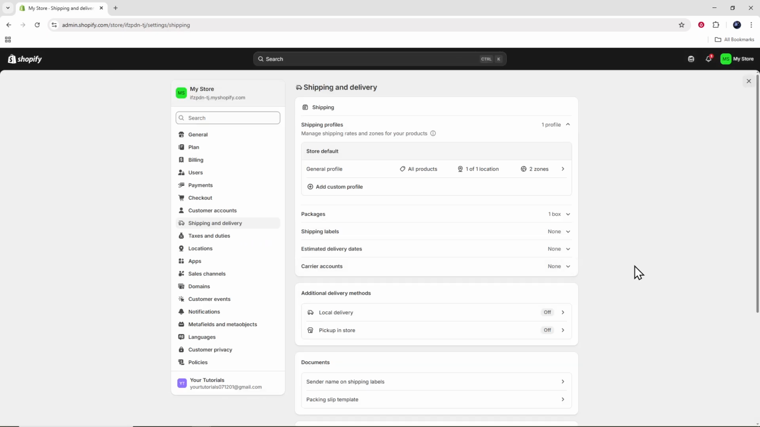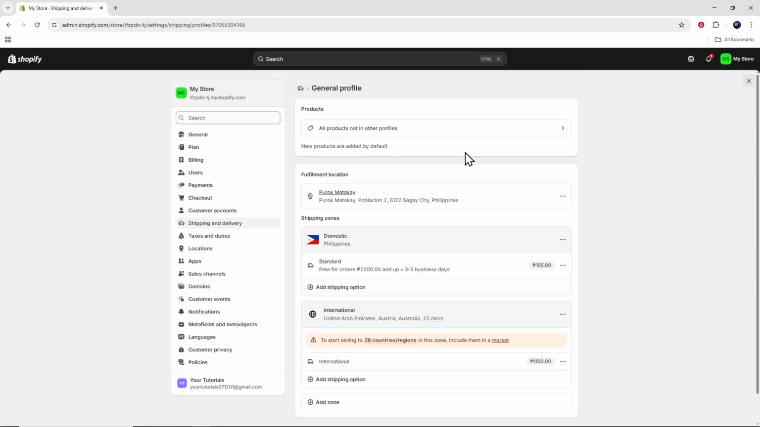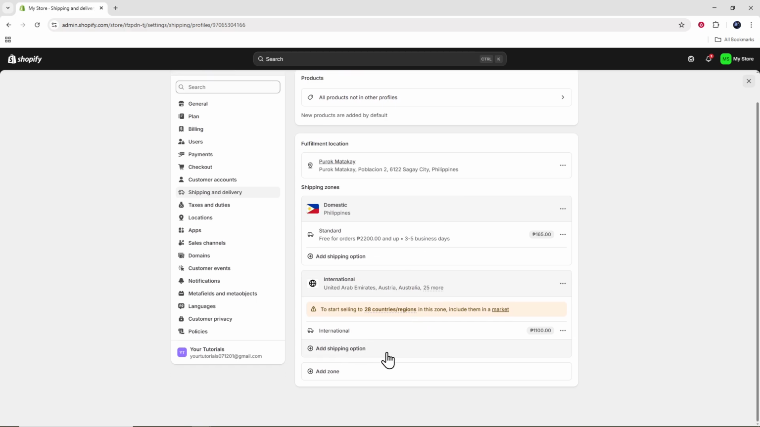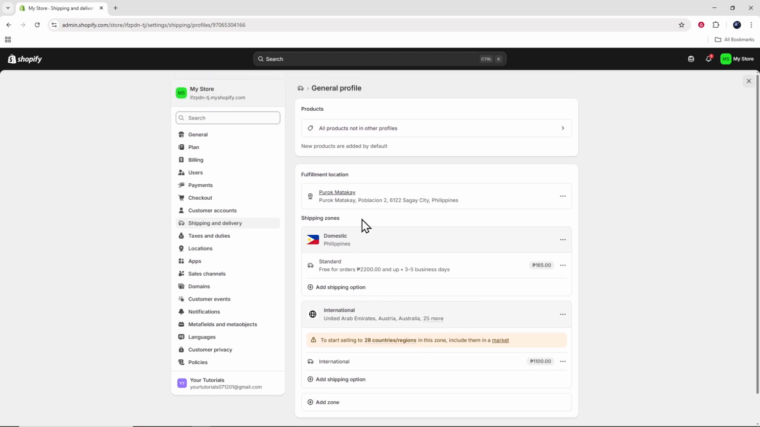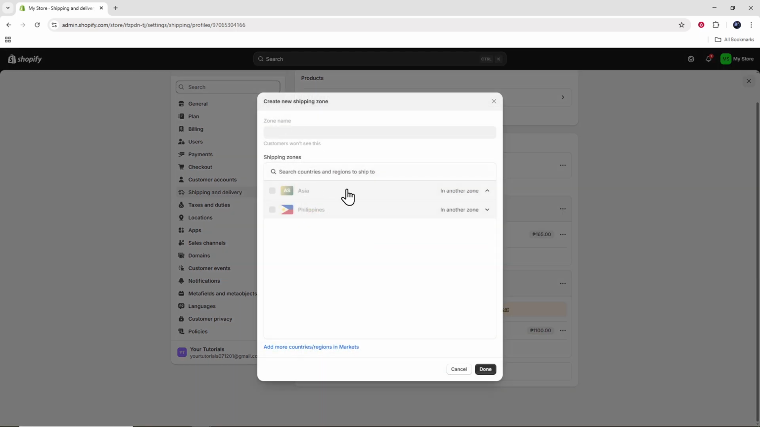Now, it's crucial to create shipping zones. Shipping zones allow you to specify different rates and options depending on where your customers are located. This is especially beneficial if you have a diverse customer base spread across various regions. To set up a shipping zone, simply click on the Create Shipping Zones button. You'll then be prompted to name your zone and select the countries or regions you want to include. Make sure to consider your most frequent customer locations when setting this up, as it could impact your shipping costs